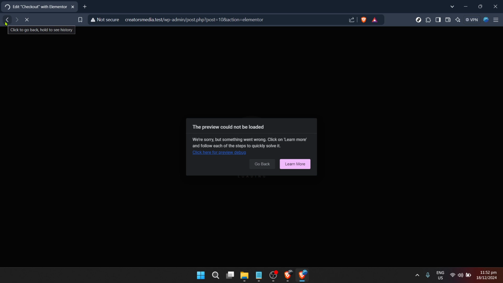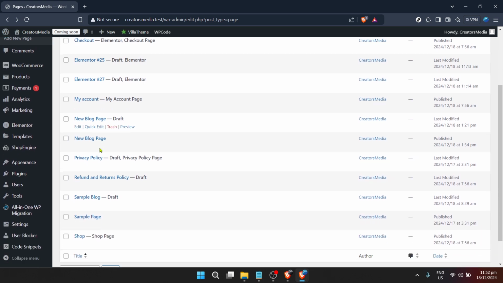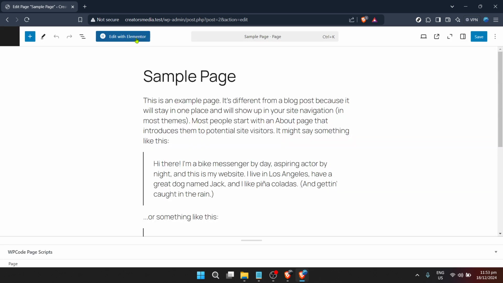While you're editing, keep in mind the balance between creativity and functionality. It's tempting to add lots of flashy elements, but remember the goal is to make the checkout process as smooth and straightforward as possible for your customers. Test changes as you go to ensure everything works seamlessly and leads to a successful purchase.